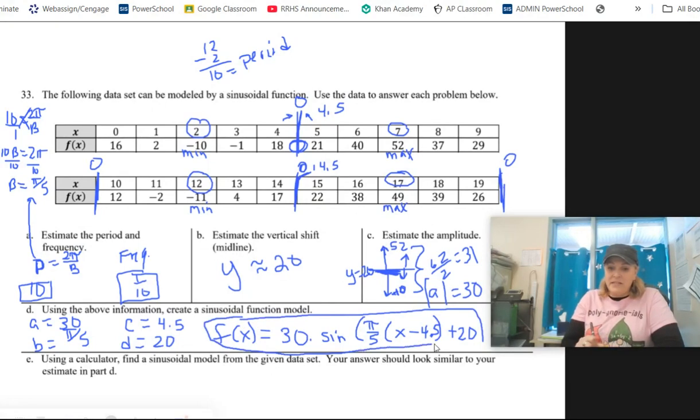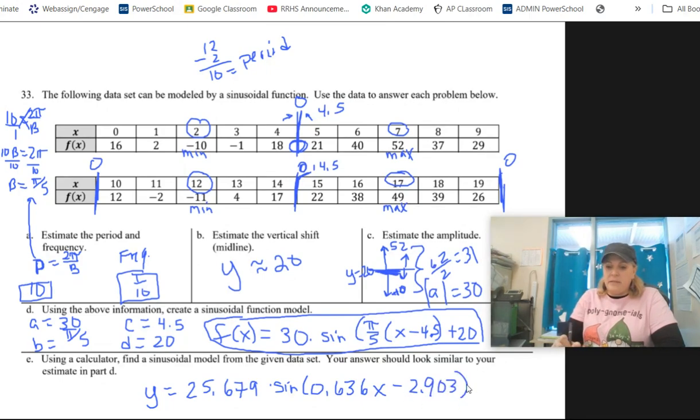Okay, this next part is straight calculator. Grab your calculator. Doesn't matter which one you use. Grab your graphing calculator, type in all the x values and all the y values, get a regression model, and I'm going to show you what you should end up with. Straight off the calculator, if you're using sine, y equals 25.679 times sine of 0.636x, rounded to the third decimal, minus 2.903, plus